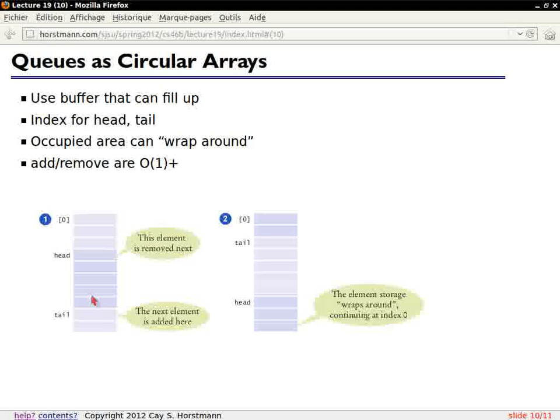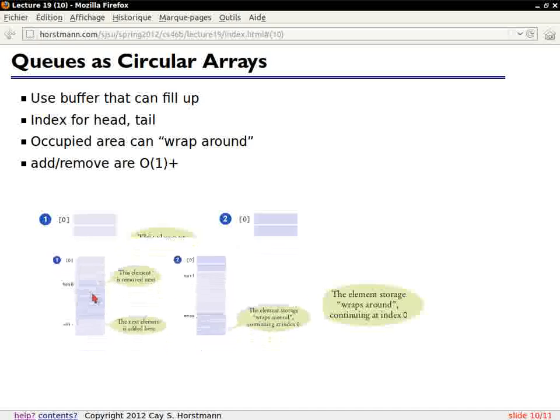So in this position here, now we want to add another 4 elements. The first element will go here. The second element will go here. And now you would say, well, with the third element, there's no room, so I have to grow the array. But actually, there is room. All of this stuff here is now unoccupied, so we might as well make use of it. And so it's called a circular array implementation, because we will boldly go and store more stuff in this unoccupied region. And so thereby, the contents of the queue is sometimes a contiguous area like this,